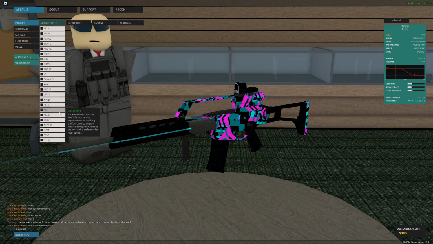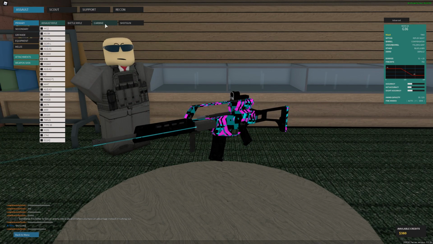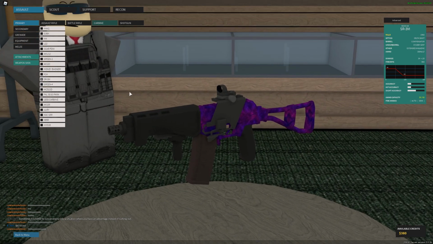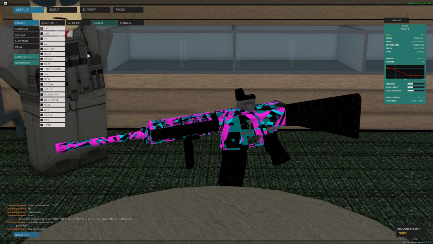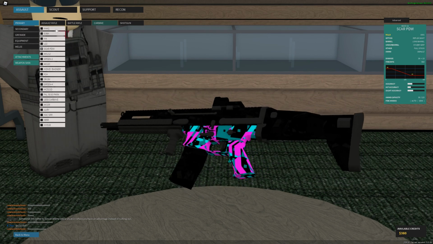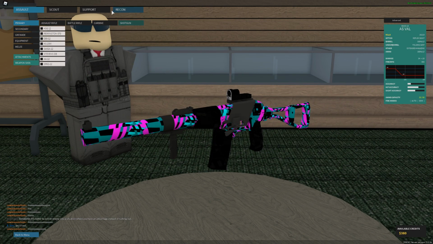So like my friend Chris, he's very aggressive and flashy. Guns like the AKM work really well for him, and Scar H, stuff like that. A little bit close range type fighting, but can still do long range, and guns like SR3M or Groza 1 or, man, I don't know, M4A1, Scar PDW, stuff like that, along with ASVAL. That's pretty much the gist of it. Just don't use shotguns or